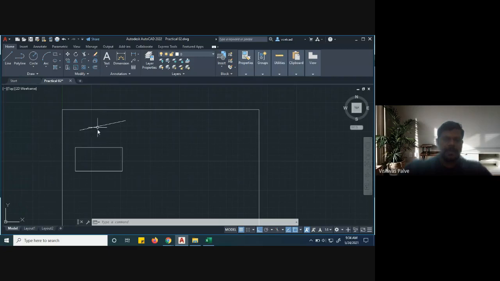In that line option, there are again a few features available. The shortcut for line is L enter, right? Again, I'll draw an exactly horizontal line. And when you select a line, you just have to move. There are 3 points, right? Start point, midpoint, and end point.